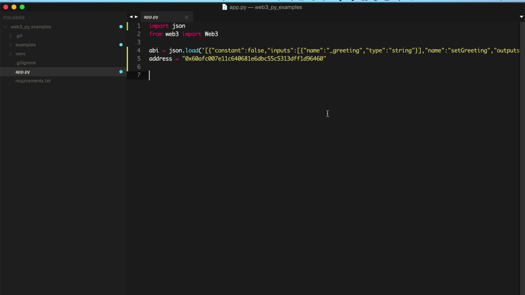Now we can actually instantiate the contract like this. Important note, here's a gotcha when working with Python. You have to do this in order to format the address. We'll say Web3 to checksum address. And this is going to basically format this the correct way in checksum format. So basically like Ganache and